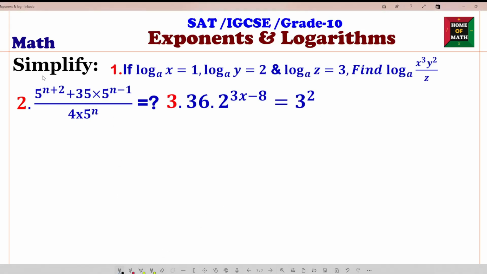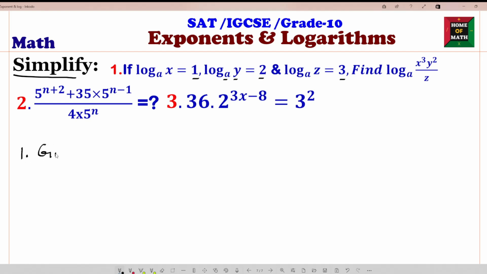First question. We will simplify: if log a base x equals 1, log a base y equals 2, and log a base z equals 3, find log a base x cubed y squared divided by z. So number 1,